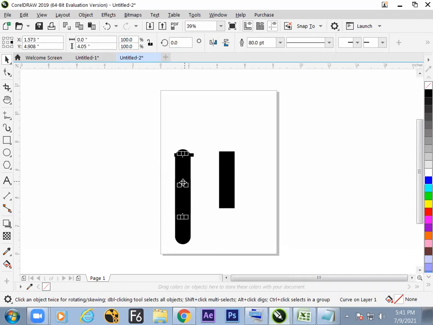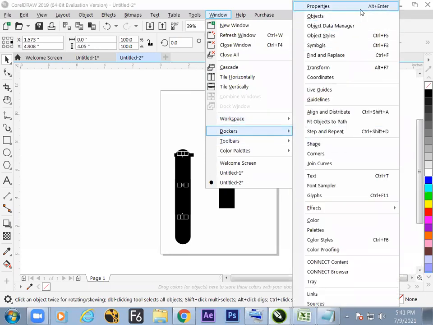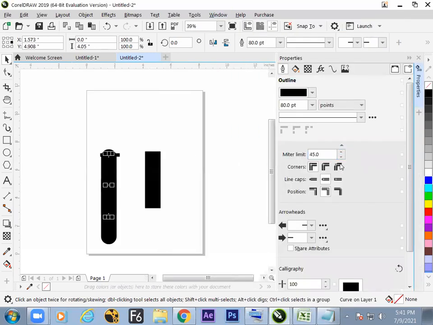And here, we don't need this round cap. We need only square cap. So how to make a round cap to square cap? By F12 button. Or else the Windows Docker Alt Enter, properties. And here we have seen this is square cap.